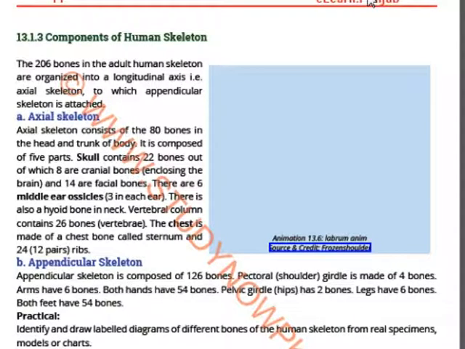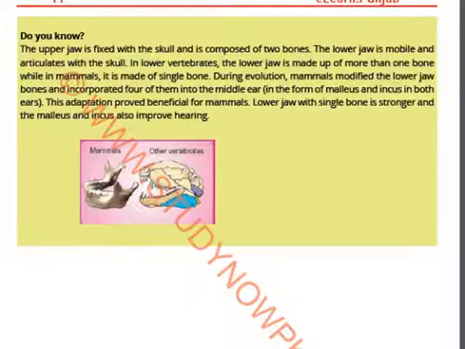The appendicular skeleton is composed of 126 bones. The bones of the legs, the bones of the arms, and the bones of the fingers, all these are the appendicular skeleton. Okay. Now the upper jaw is fixed, which you cannot move,